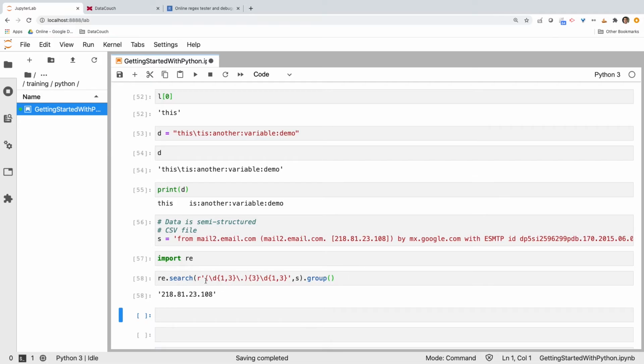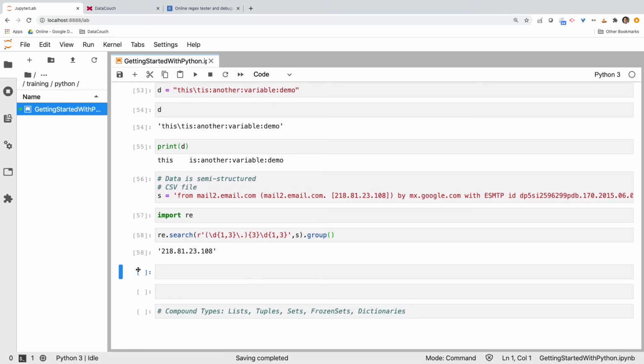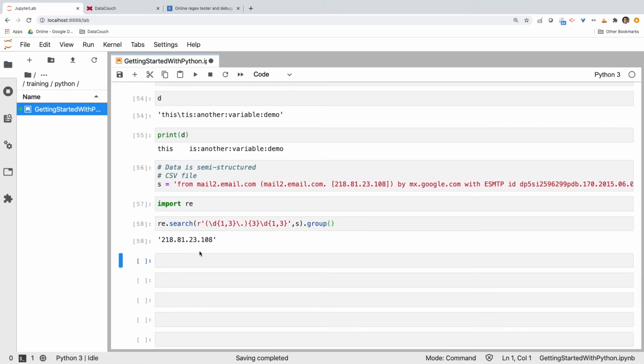This is the Python way of implementing regular expressions in your notebooks, or you can use Spyder or PyCharm, different IDEs. You can see how we can extract a particular IP address from the logs, parse this semi-structured data, and get this information.